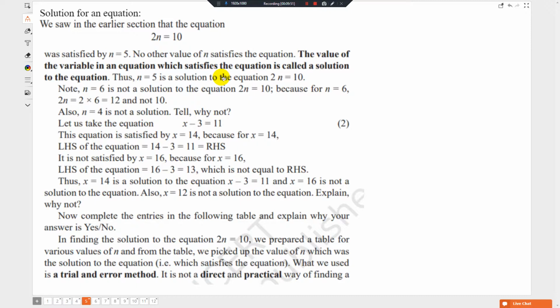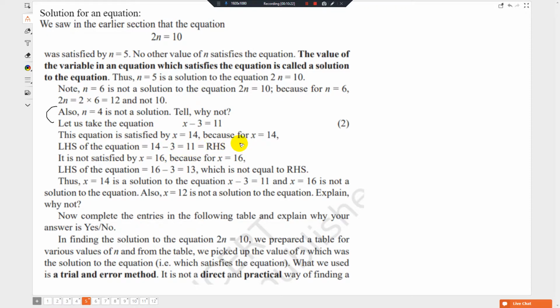Also we learn from here. I'll show you. n is equal to 4 is not a solution. Tell why not. Let us take the equation x minus 3 is equal to 11. This equation is satisfied by x is equal to 14, because for x is equal to 14, the LHS of the equation is 14 minus 3, that gives 11,